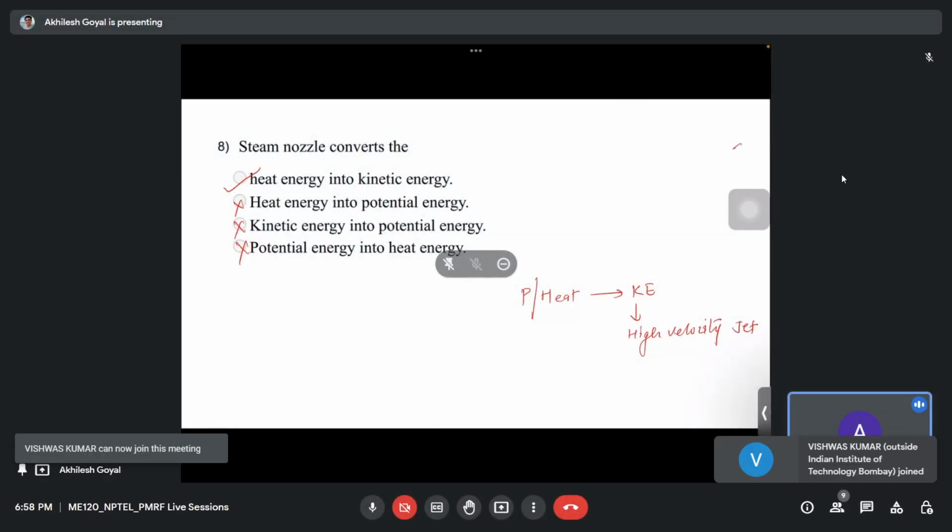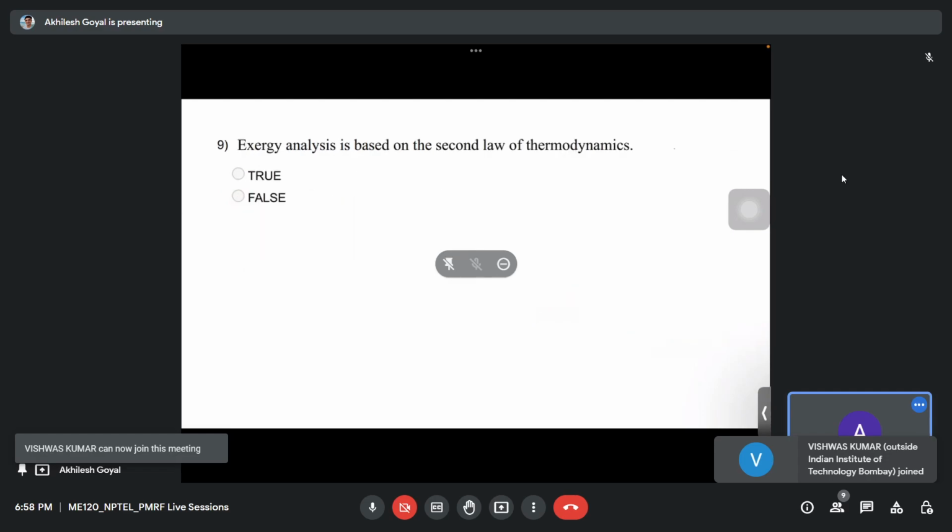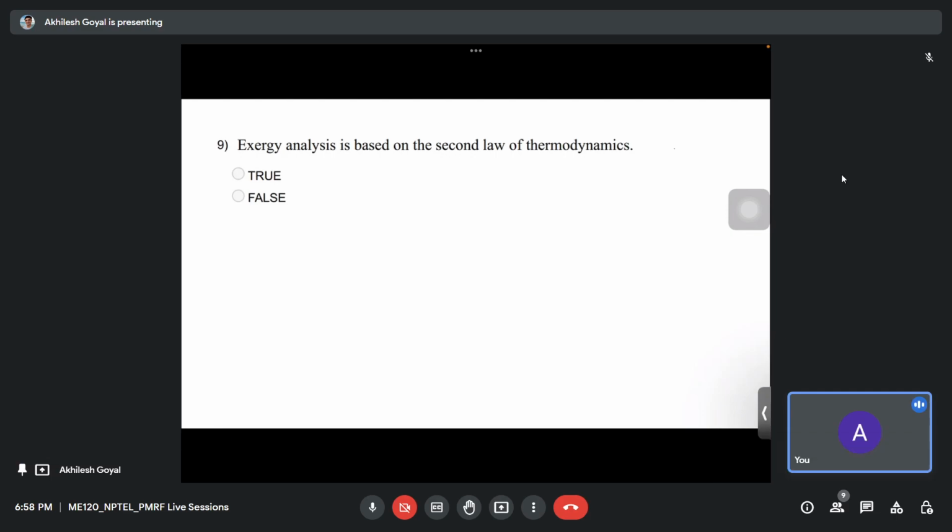Now the next question is, exergy analysis is based on the second law of thermodynamics. Yes, we talked about exergy analysis in the second law of thermodynamics. That is right. We already discussed this in the past few sessions, but to reiterate it,